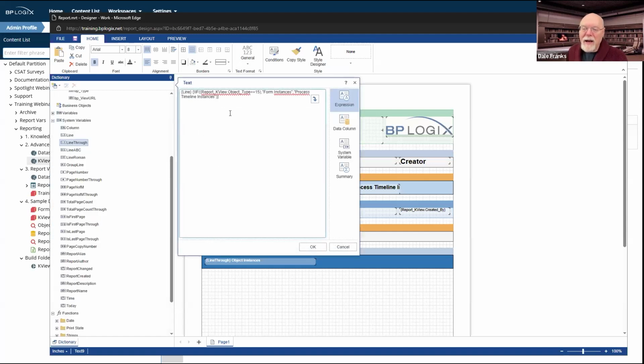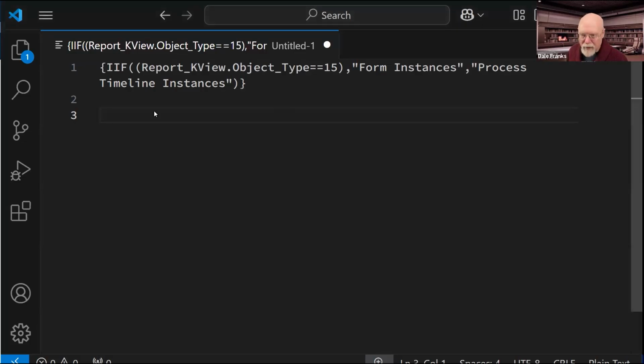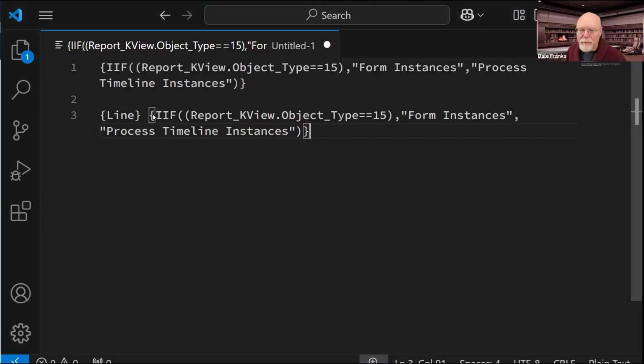In the group footer band, I've concatenated a couple of different system variables to create a line of text. Let's copy it from here and run it back over here to see what I did. So I used the line system variable. This is just going to show me the value of the line system variable.